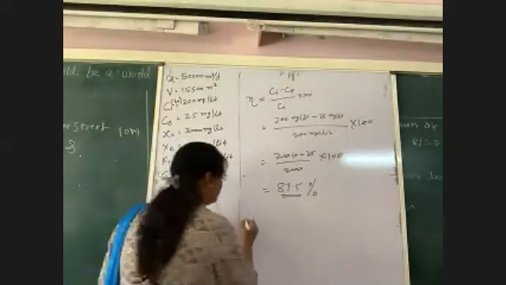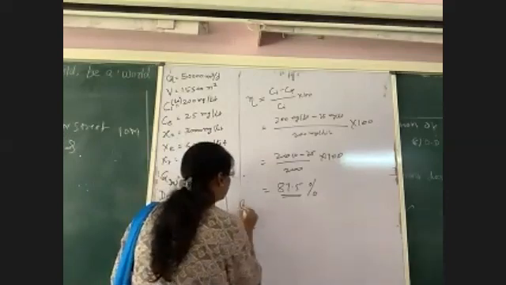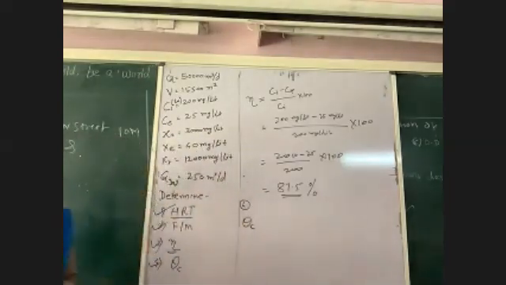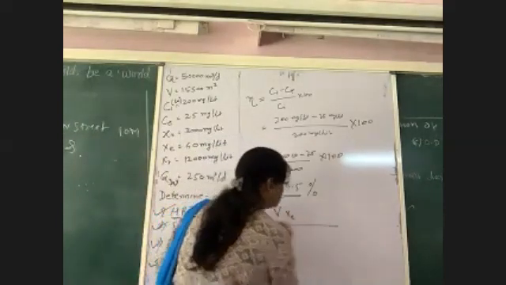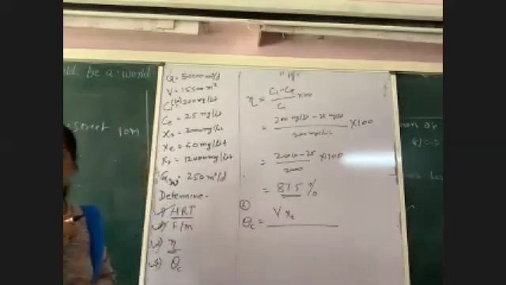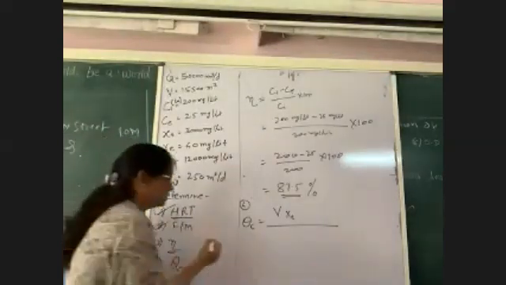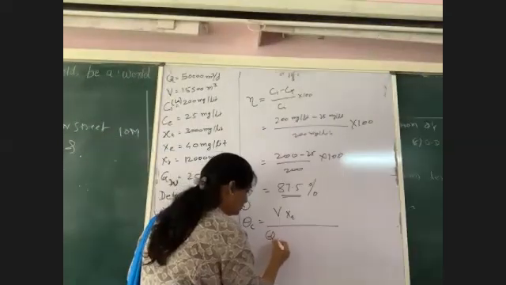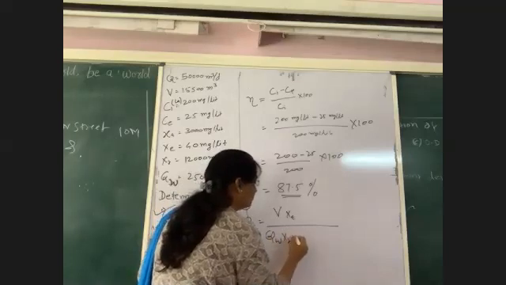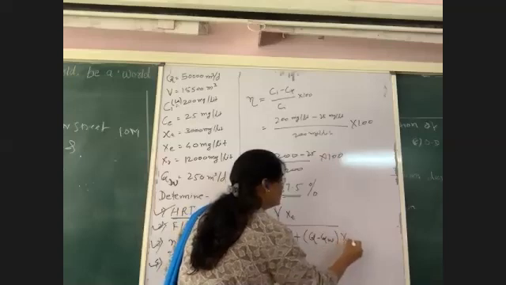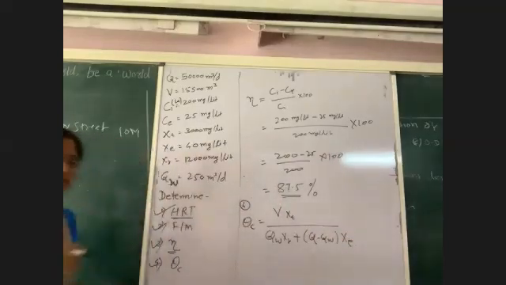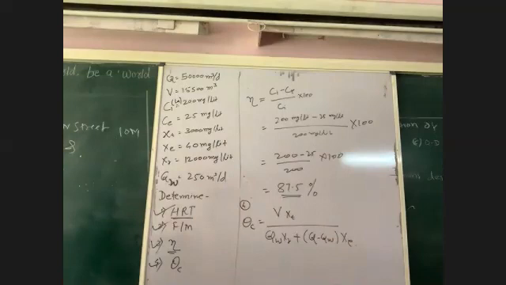Theta C formula, fourth one point. Theta C formula. Can somebody help me to get the formula? That is V into XT upon, what was the formula? I think, QW into XR plus Q minus QW into XE. That was the formula. Is it? In the last lecture, we saw that formula.